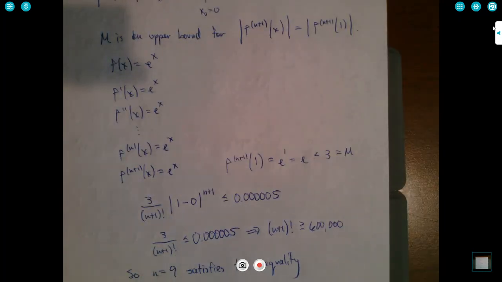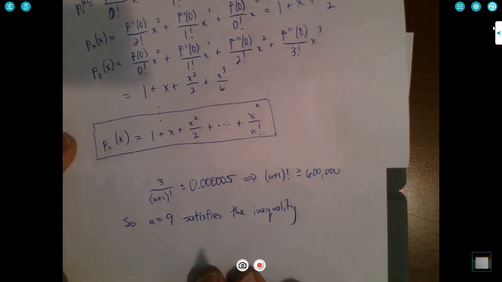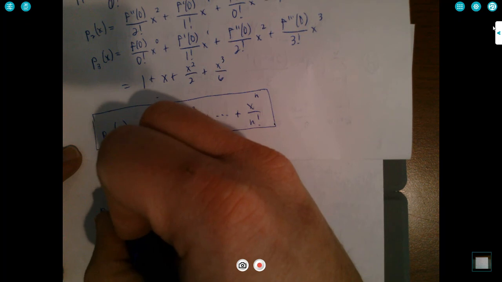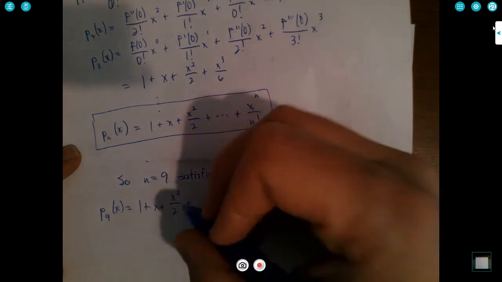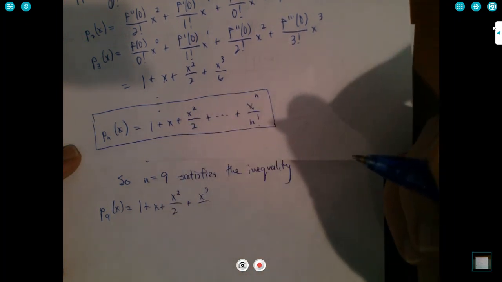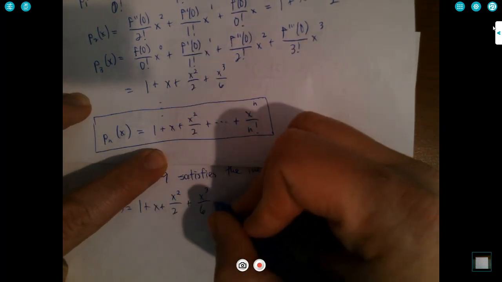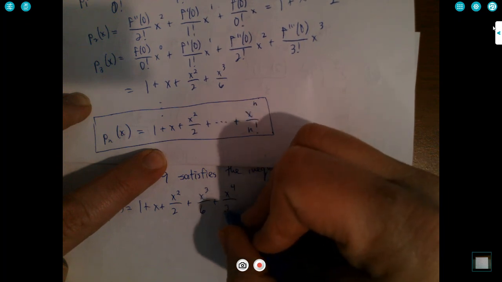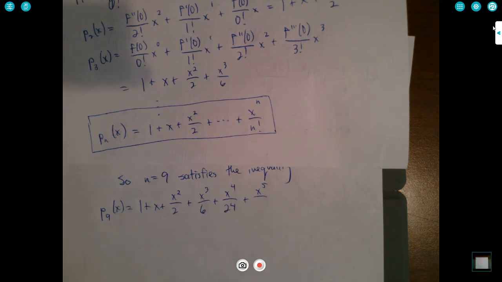So we need p sub 9 of x, which is going to be 1 plus x plus x squared over 2 plus x cubed over 3 factorial, which would be 6, plus x to the 4th over 4 factorial, plus x to the 5th over 5 factorial,